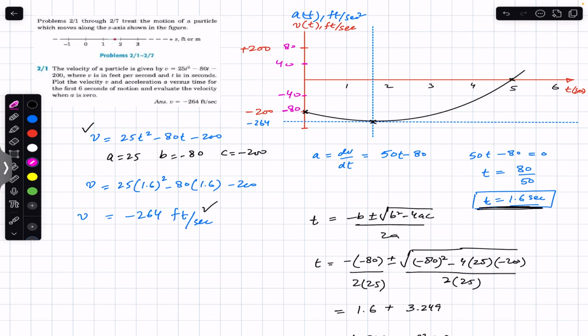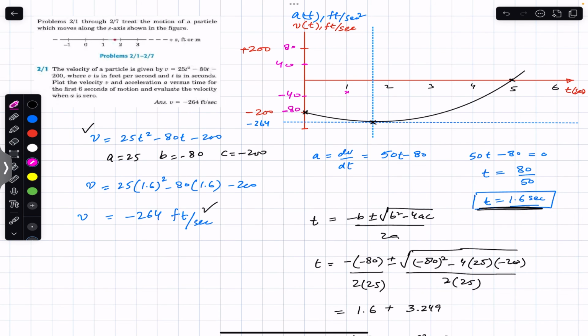If we put t equals 1 in this equation, this will be 50 minus 80, so that will be minus 30. So at t equals 1, the value will be somewhere here, minus 30. Similarly, if we put t equals 2, then this will be 100 minus 80. So at t equals 2, the value will be somewhere here, that is half of this, 20. So this is 20 and somewhere here is t equals 2. If I join these points,